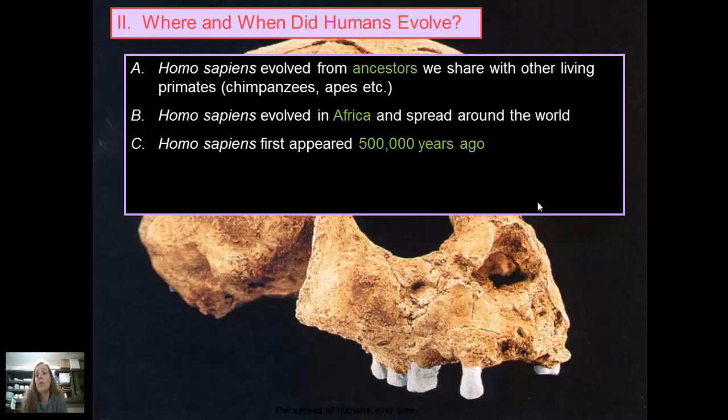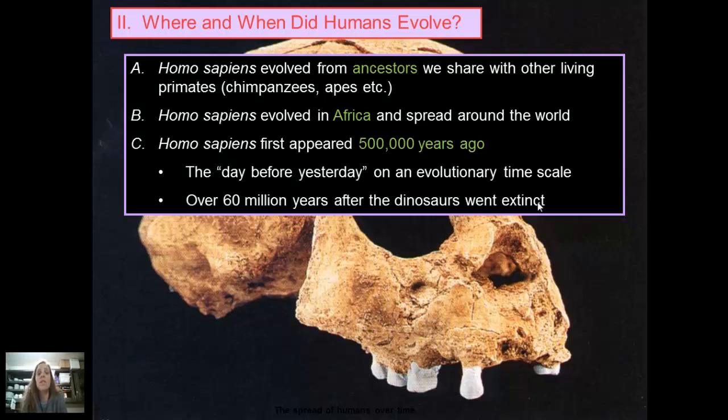Homo sapiens first appeared about 500,000 years ago, which is the blink of an eye in terms of Earth's history, as you should know from the scale timelines that you did. When you were creating those scale timelines, modern humans couldn't even fit because we evolved so recently. And that was over 60 million years after the dinosaurs went extinct. So there was a lot of mammalian evolution happening in between the time that the dinosaurs went extinct and the time that modern humans first turned up on the scene. We've accomplished quite a bit in 500,000 years in terms of evolution.